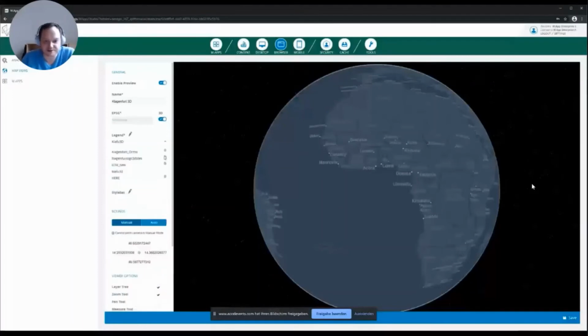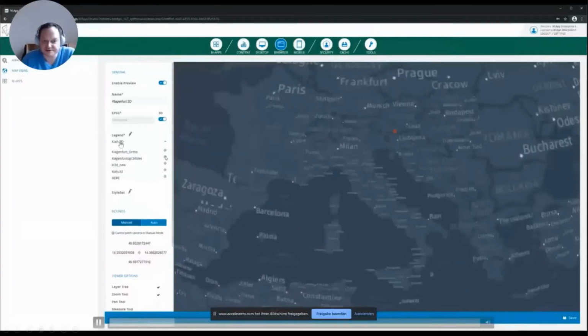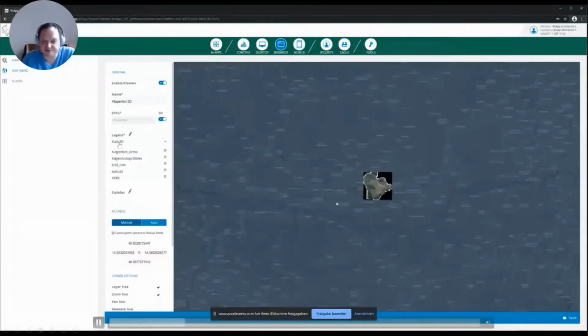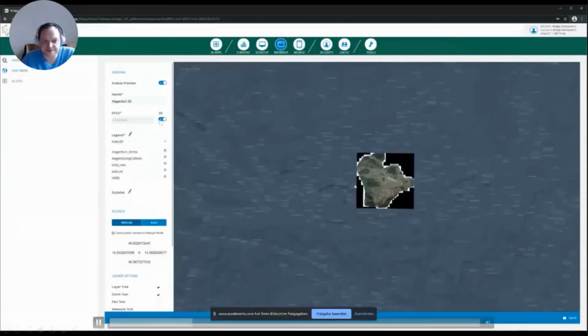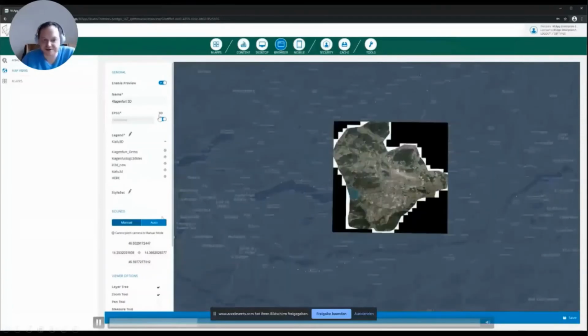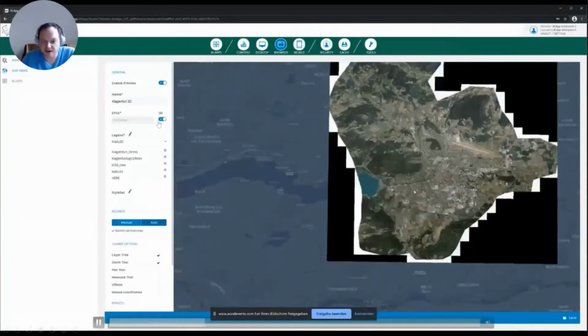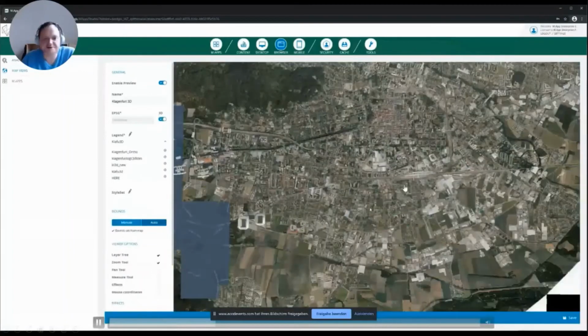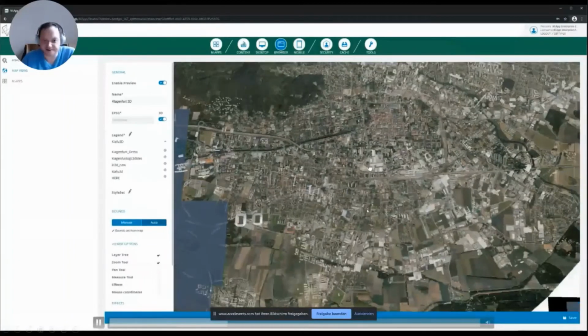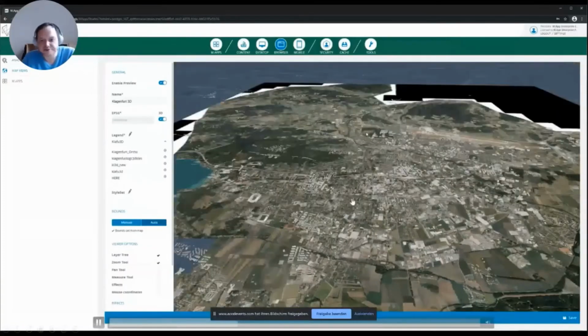So we are now in the administration environment of M.App Enterprise. We just said we want to see this project out of Austria, which is the city of Frankfurt. With enabled, we want to have a preview of the map, which is in 3D in this case. And now I can define my 3D environment just with a what-you-see-is-what-you-get editor. So every configuration I'm doing on the left-hand side will be immediately visible on the right-hand side.